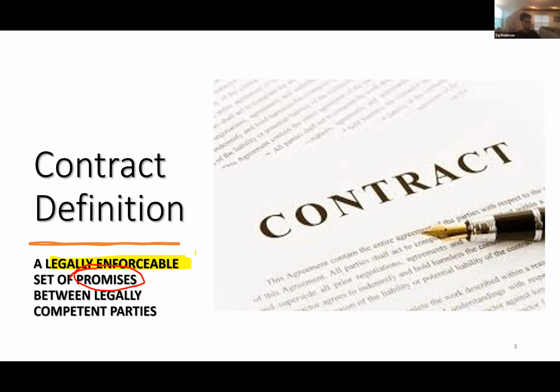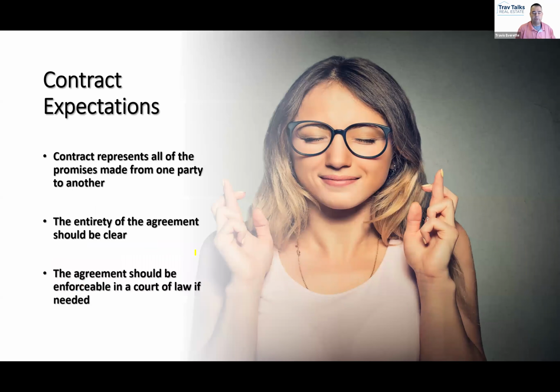But if you violate a contract, are there going to be legal ramifications, legal repercussions? Yeah. And that's what makes it a unique sort of agreement. A contract takes this so much further. This is legally binding on these parties that they do what they promised they would do. So that kind of just hopefully gets you in the right mindset.